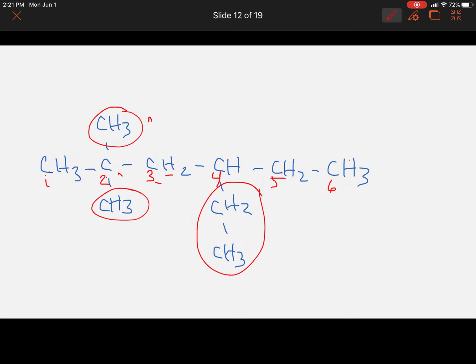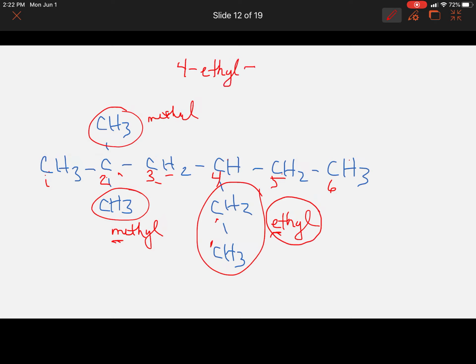Now I'm going to look at the radicals. So I've got, this is a methyl group. This is also a methyl group because there's one carbon. This one here has 2 carbons. So this one is going to be an ethyl group. Now, we've got an ethyl group here, 2 methyl groups. So we have to name this appropriately. Now, you've got things on carbon number 2 and carbon number 4. You've got radicals on carbon 2 and carbon 4. You are going to name ethyl first because E comes before M. So you have to look at the alphabetical side of that. So the name of this is going to be